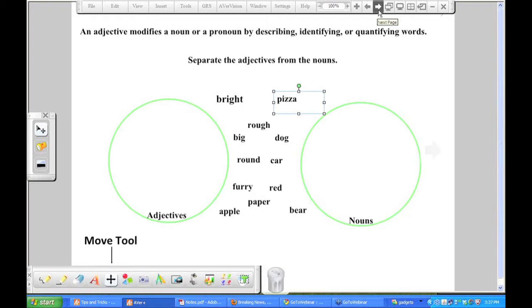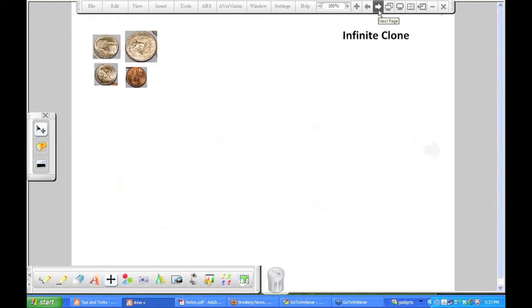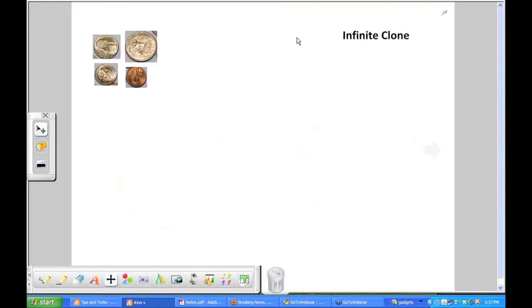Okay. So going on to the next slide, I've got another function of the Move tool that I want to show you, which is called Infinite Clone. So we have here 4 coins that we've gotten pictures of and brought into the program. And with these,